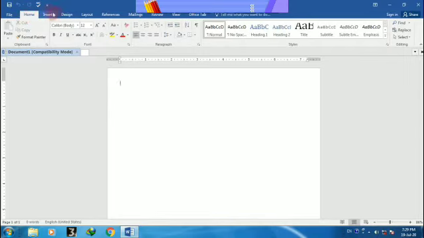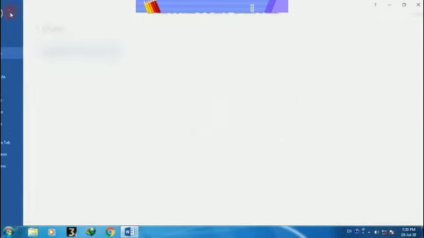This one is your home tab. After clicking on the tab, you will get your options and groups. See, this one is your font group and this is your paragraph group. Okay students, this one is your cursor. This blinking line is known as cursor.